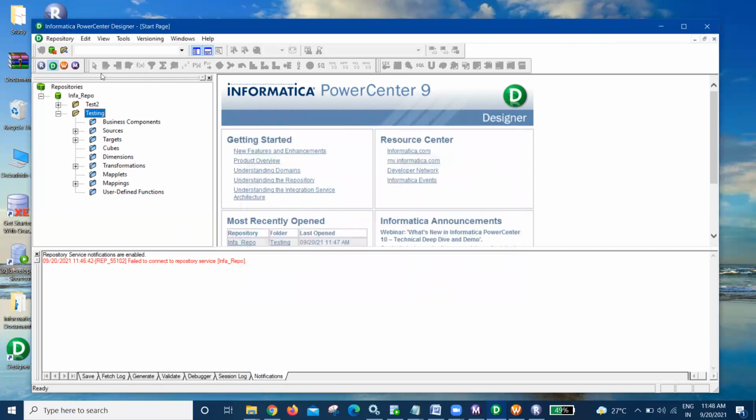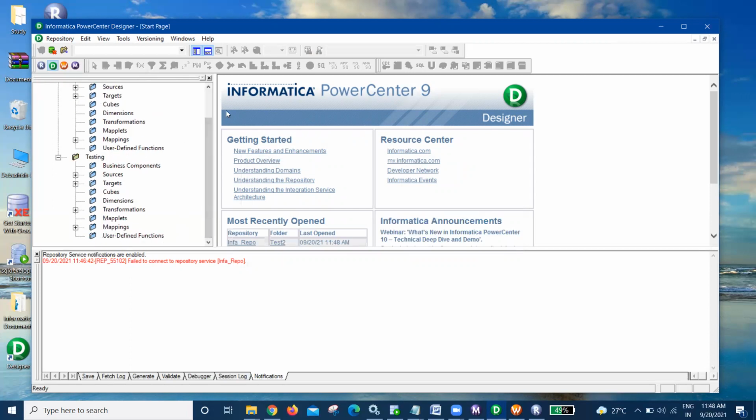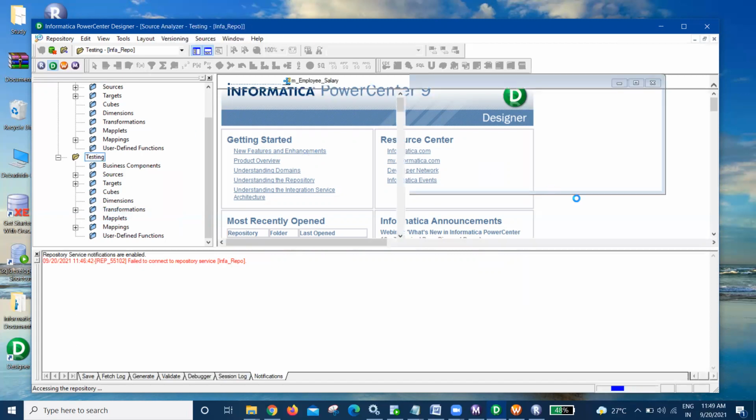Another thing, you can expand your folder. You can view the respective details available within the folder, but you cannot access it. To access it, do something on it, and work on it, you need to open the particular folder. It can be connected, but you will not be able to perform any tasks until you open the folder. So you have to open the folder, then you will see the workspace and anything that is available.